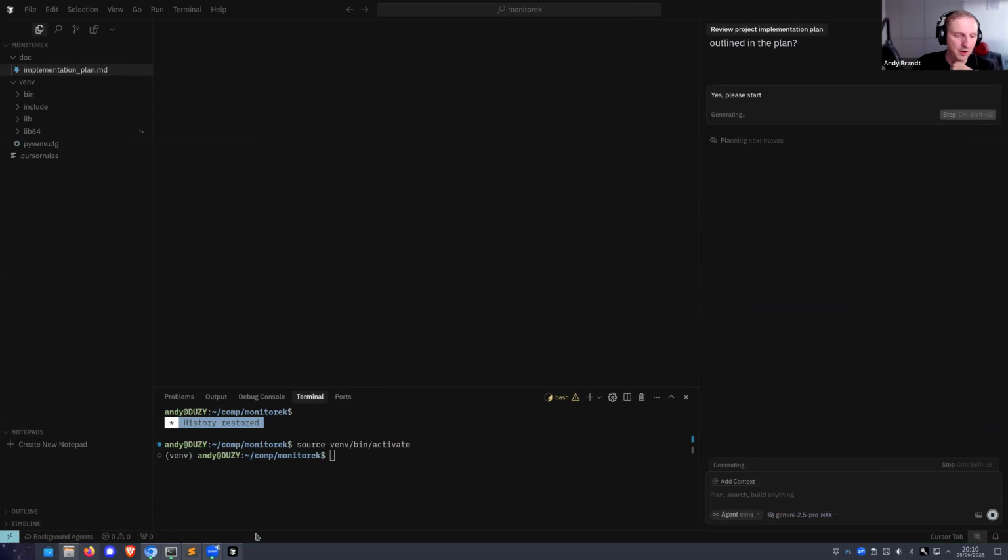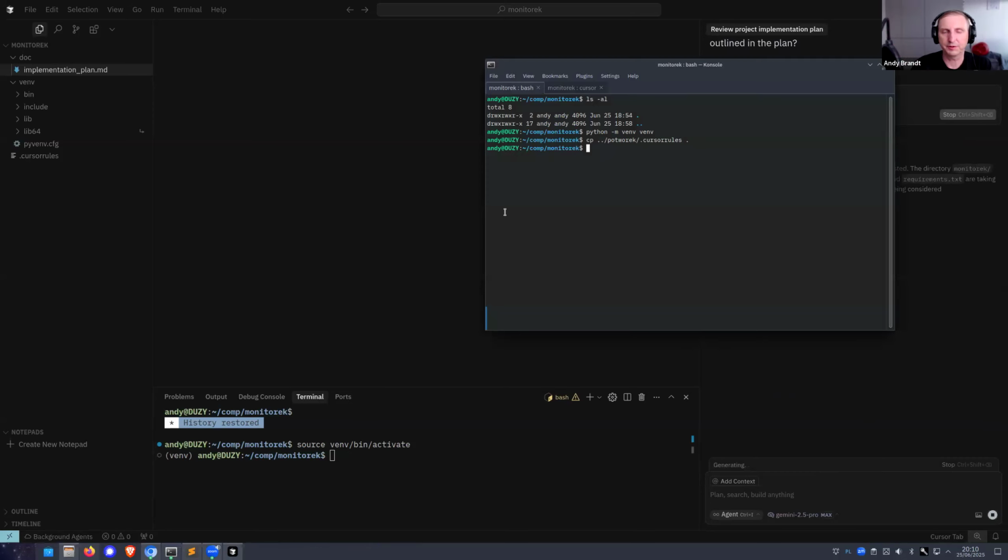And it's planning. While it is planning, I will do one more thing, which is I will copy the gitignore because I would like to create a git repository here just to keep my code. It's just a habit, isn't it?